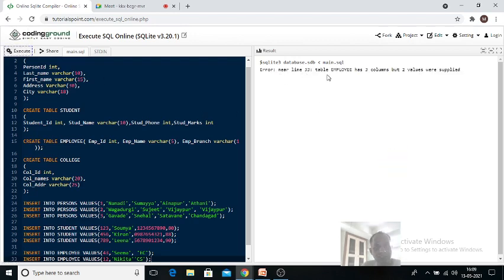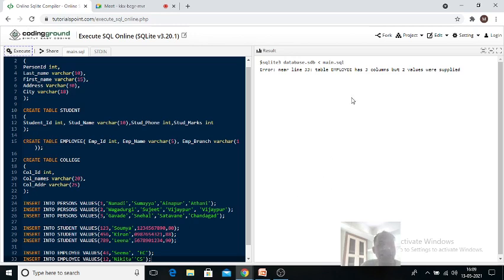Line number 33: Table employee has 3 columns, but 2 values were supplied. See here now, it is because there is no comma between Nikita and CS. It is treated as a single value.